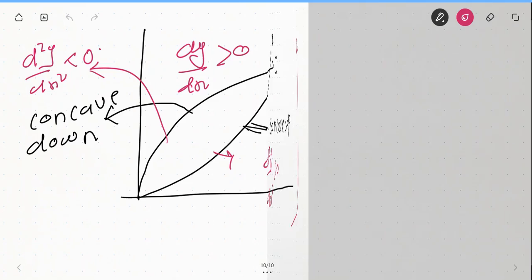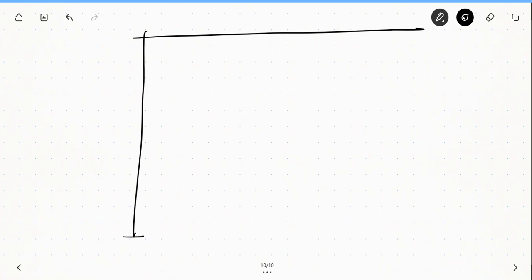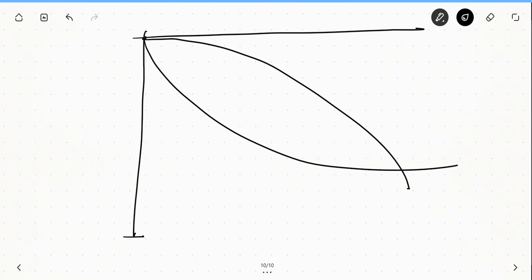Now the second possibility is the decreasing one. I said that an increasing function can have two possibilities, as I have shown here. Similarly, the decreasing curve may be of two types. For example, let this particular point be the origin. One curve you may draw in this fashion and the second one in this fashion. Let this be curve number 1 and this be curve number 2.